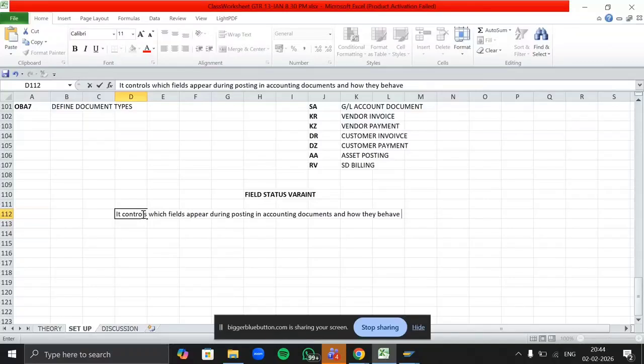Okay, so it decides what a user can see, what we can enter, or what is a must to enter while posting any document, right? Now let's say whenever you post any of the transactions, let's say if you're posting expense details, right? So it depends what kind of expense you are booking. So based on that expense, we are going to fill the fields over there, right? So every business transaction is not going to require the same type of fields. So it depends what kind of transaction you are mentioning. Accordingly, the fields will be managed over there, right?